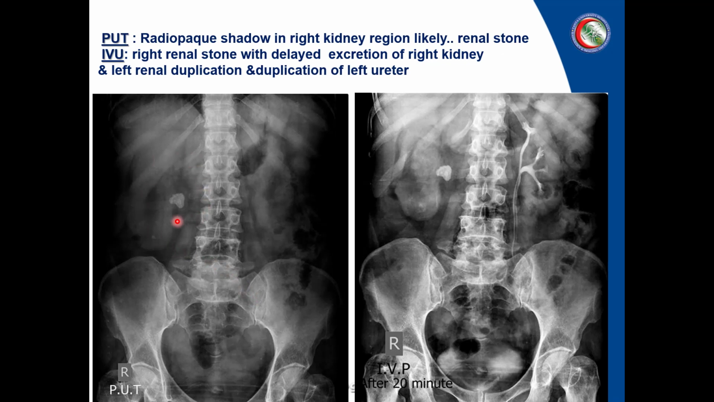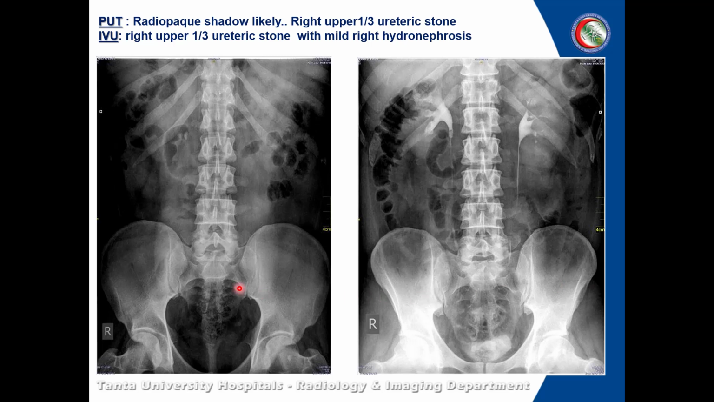PUT showing right renal stone, IVU showing right renal stone with delayed excretion with duplication of renal system and duplicated ureter on the left side. PUT showing radiopaque shadow in the upper third ureteric stone, IVU showing upper third right ureteric stone as filling defect with mild right hydronephrosis,